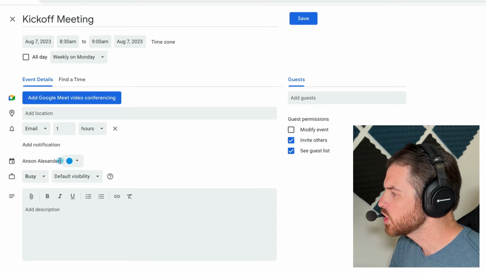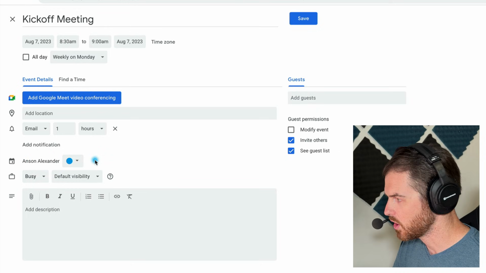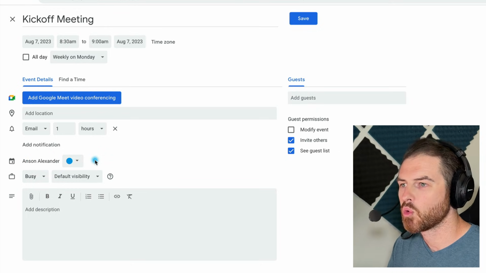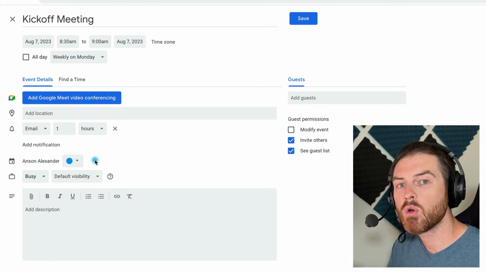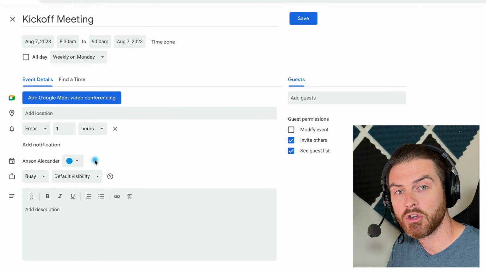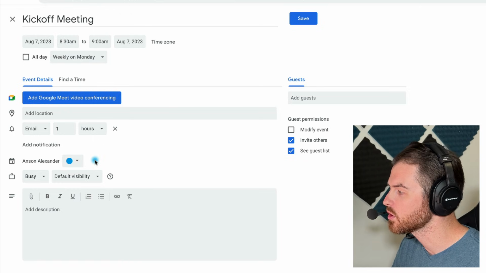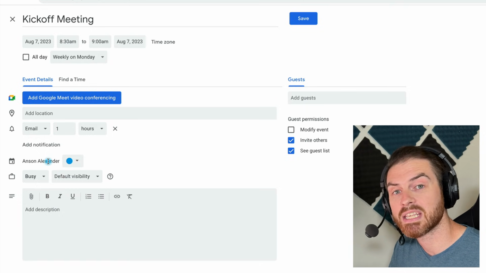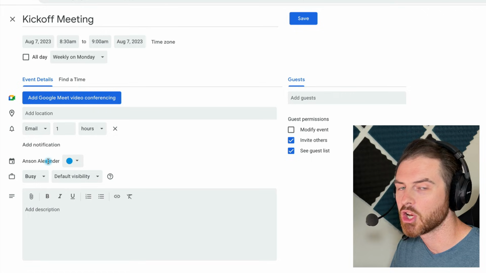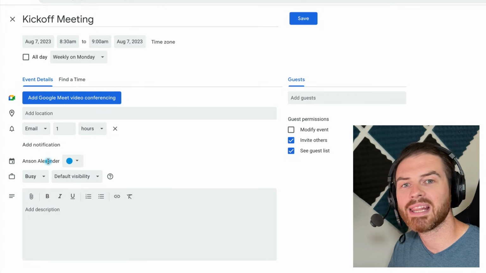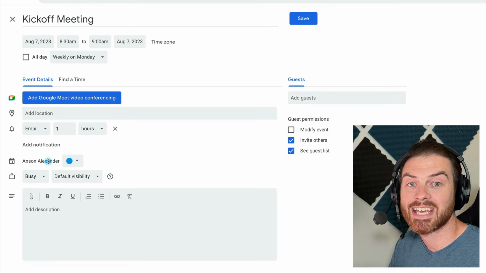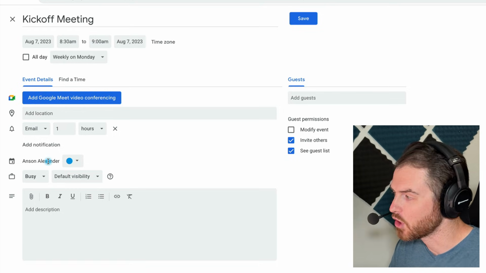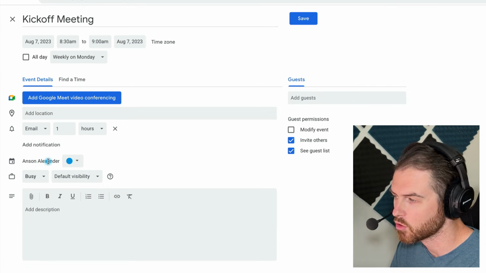Down here in this section, we can choose which calendar we'd like to put this event on. Now, by default, it's going to add it to our private default Google Calendar that's created when we create a Google Calendar account. However, we can have multiple calendars here in Google Calendar, and I'm going to show you how to create and share multiple calendars. And if we are using multiple calendars, we want to make sure that we're choosing the right calendar here. Like I said, by default, it's going to be your personal private calendar, but you might have, say, a company calendar, or I like to have a calendar with my wife so that we have family events on there. So if I'm scheduling a meeting or an event for the family calendar, I want to make sure that I'm choosing the family calendar here when I create the event.